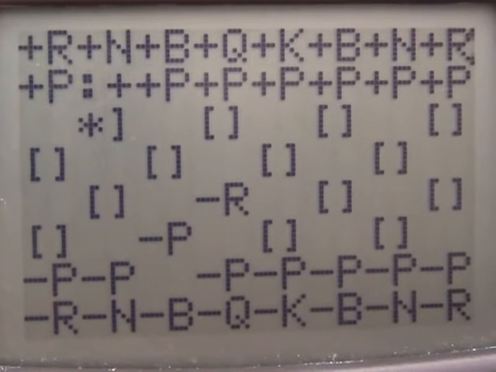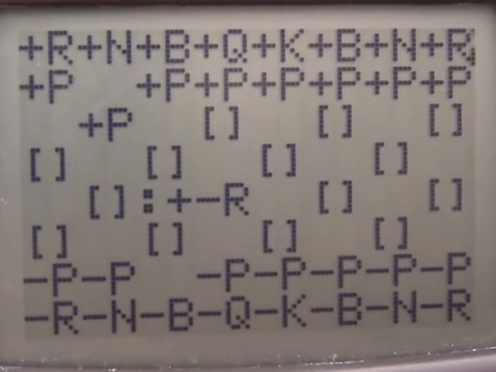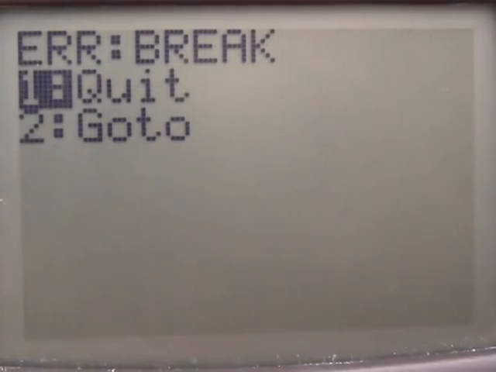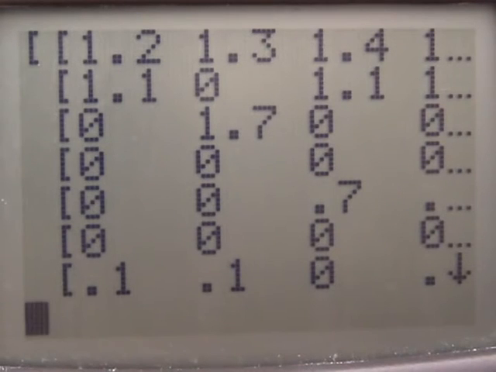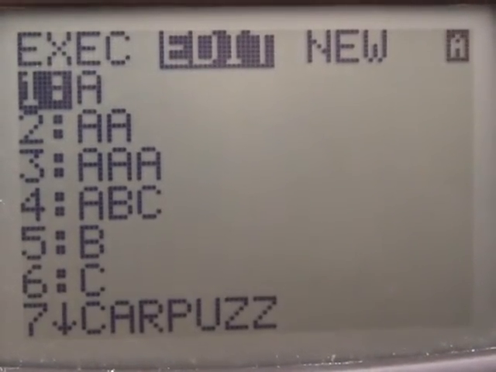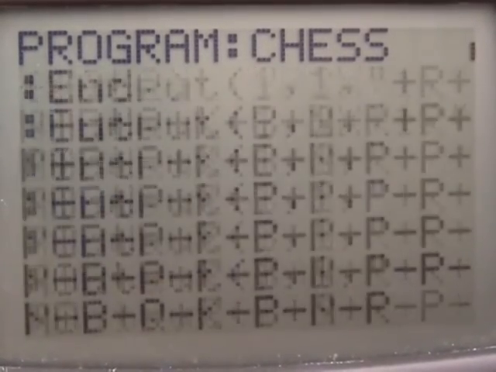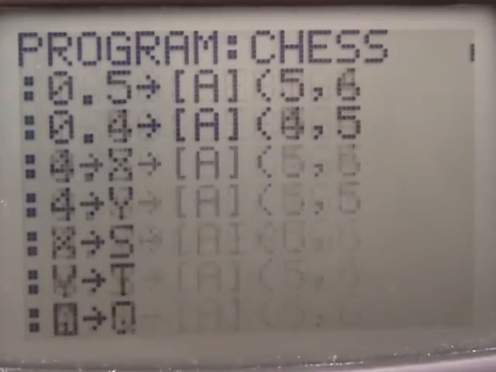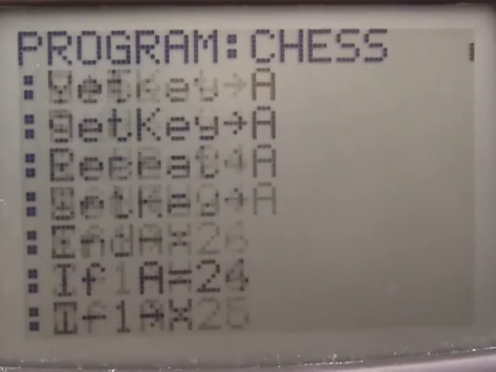Okay, so these should be 0.7s. If they're not, yeah, okay. So let's look at matrix A. Yep, they're 0.7s. Okay, there we go. So now we correctly convert all the moved pawns to 0.7, so now we can identify whether a pawn has been moved. And now for all 0.1s,